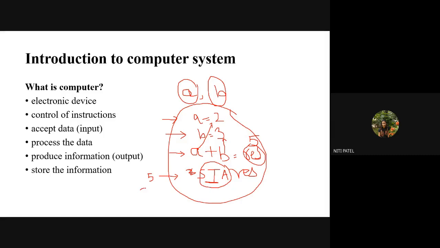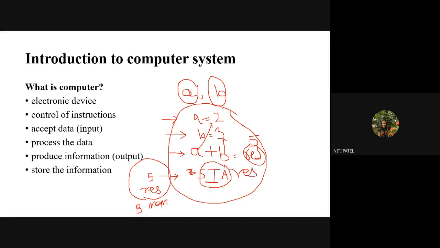Where will it be stored? In the variable result. Where is that result? It is in some kind of memory. It may be in RAM, it may be in hard disk, or wherever the user wants to store. Once this 5 is displayed on the screen, it will be removed from the buffer memory. Until it is displayed on the screen, it will save that data into which memory? Into buffer memory.